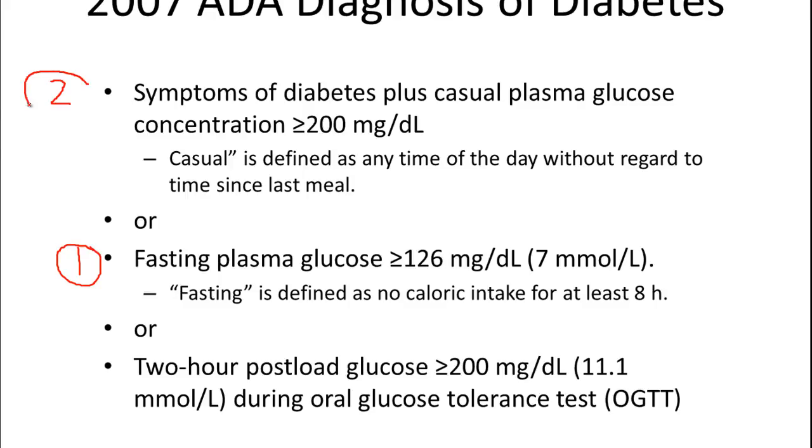Number two happens every other day. For instance, when patients go into the hospital and they just get a random blood sugar drawn and it's greater than 200, well, that should never really be greater than 200 unless you have an insulin deficiency. So that's one way we sort of capture patients. And then we do a fasting to see if indeed we're right or were they just under an incredible amount of stress at the time, etc.